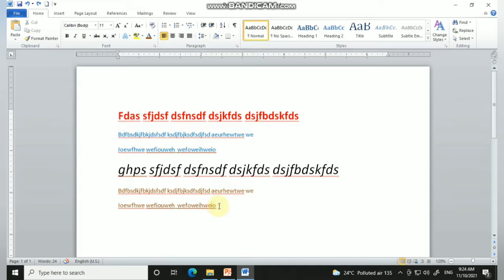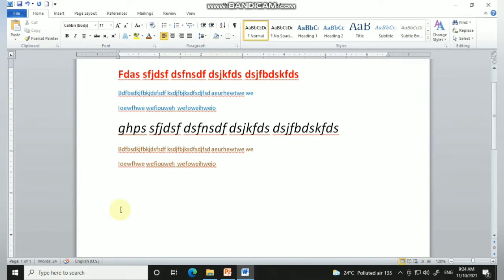Now I take my insertion point to the destination where I need it to be pasted, and now I am going to press Ctrl plus V. So if I copy and paste the text, my original text will also remain there, and the destination text will also be pasted. But if I cut and paste it, the original text will be removed, or deleted from the text area, and then it will get pasted in the new location. Clear? This is the difference between cut and copy.